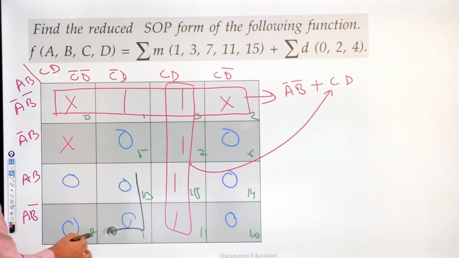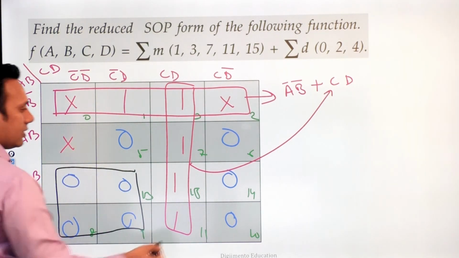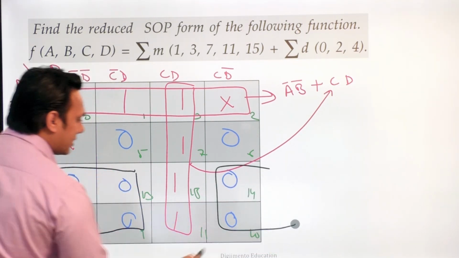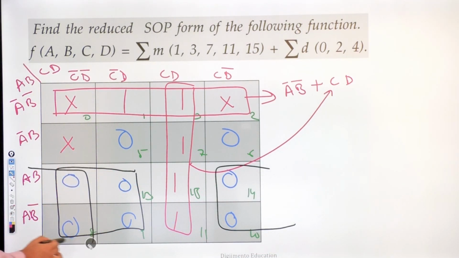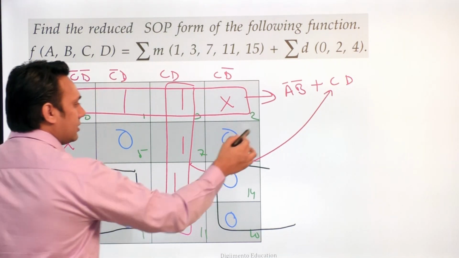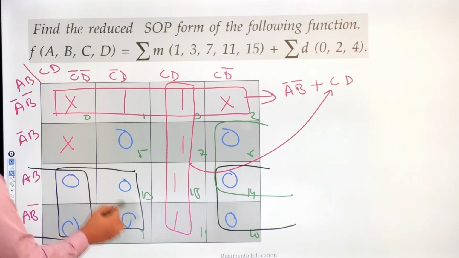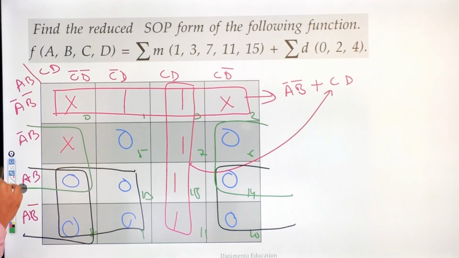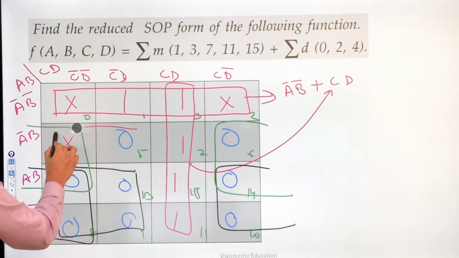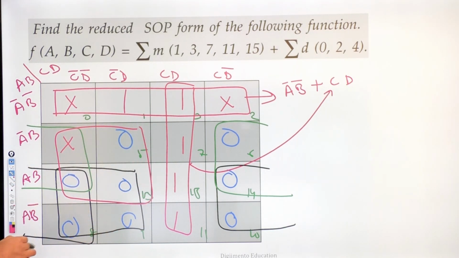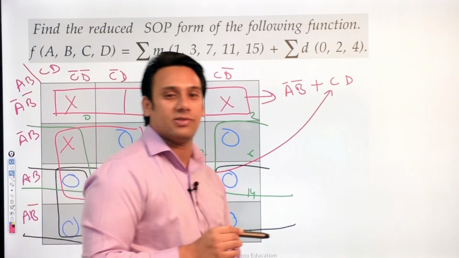देखो हमें क्या करना है? We want to have as big subcube as possible. जितने बड़े हो सके उतना अच्छा है. Okay. So मैं इनको इस तरीके से भी combine कर सकता हूँ. ठीक है. And at the same time, I can combine this 0 with this don't care and 0, and then I can combine this one here. तो इस तरीके से हमारे पास कुछ subcubes जो है वो यहाँ पर possible है.